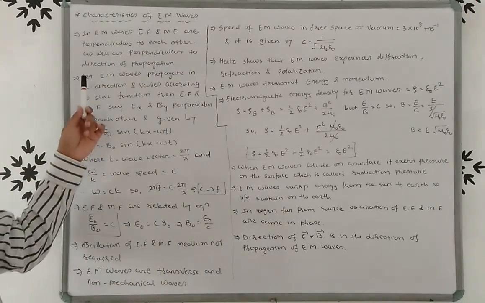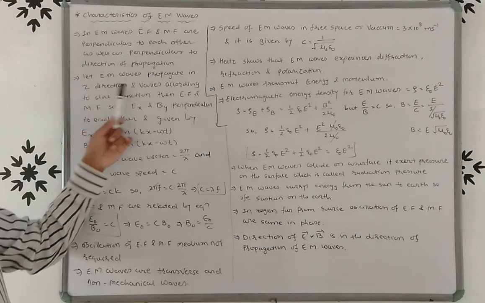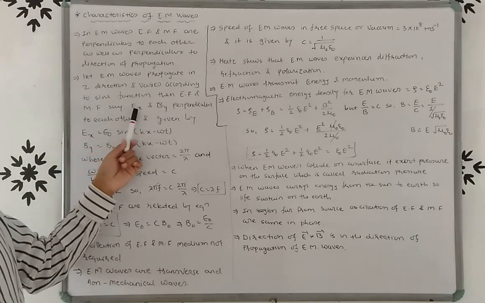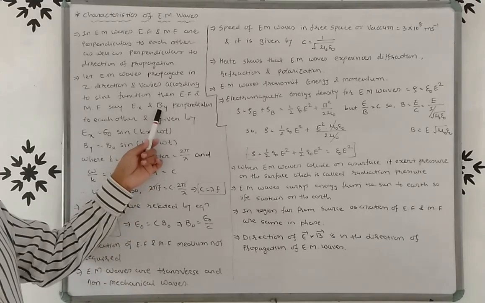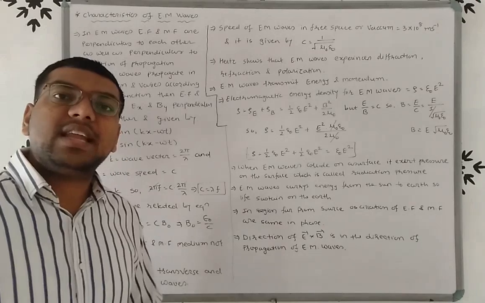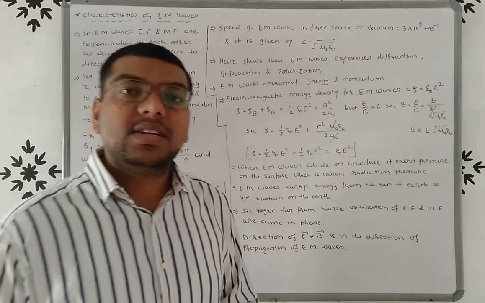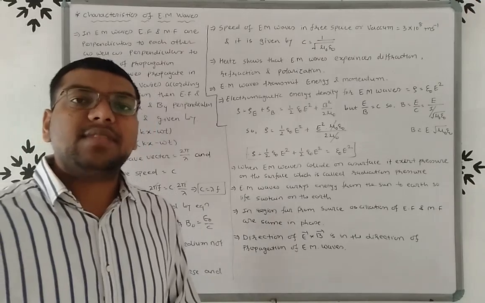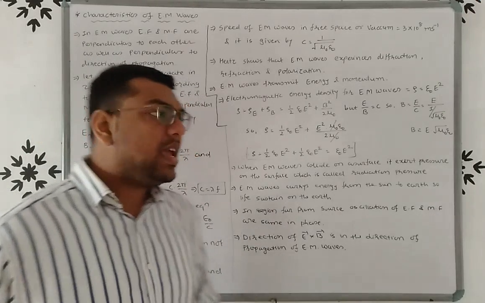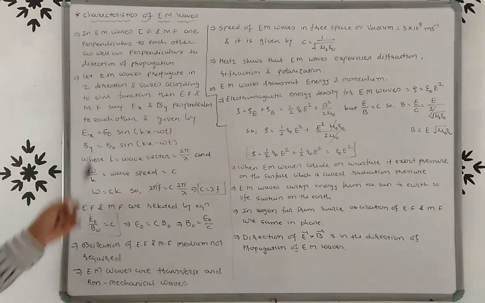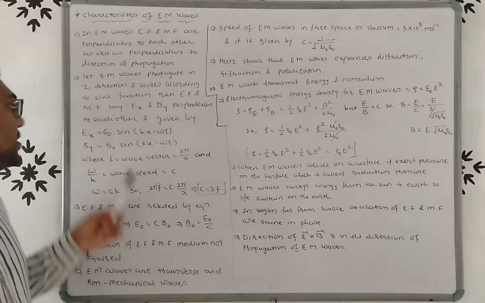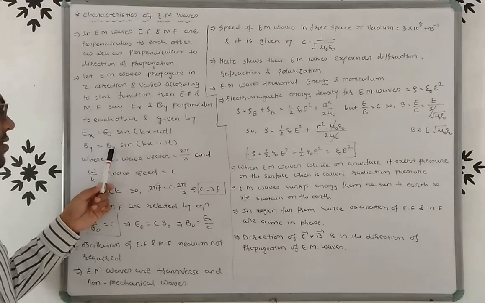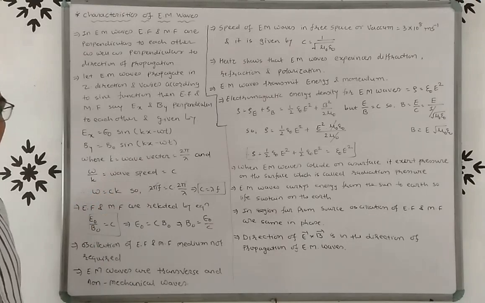So see, let the EM wave propagate in the Z direction and vary according to the sine function. Then the electric field will be Ex, in the X axis, and the magnetic field will be By. So Ex and By are perpendicular to each other. The equation of the electric and magnetic fields will be given by Ex = E0 sin(kz - ωt), and By = B0 sin(kz - ωt), where k